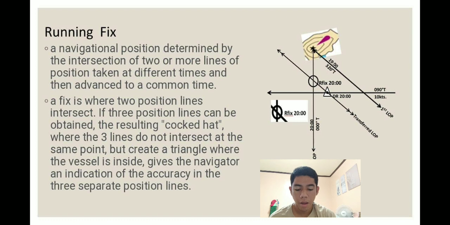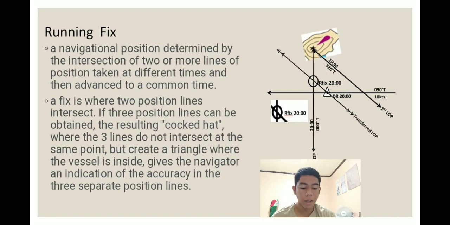Running fix. A navigation position determined by the intersection of two or more lines of position taken at different times that are then advanced to the common time. A fix is where two position lines intersect. If three position lines can be obtained, the resulting fix may not have the lines intersect at the same point but create a triangle, where the size gives the navigator an indication of accuracy in the three separate position lines. So if you see